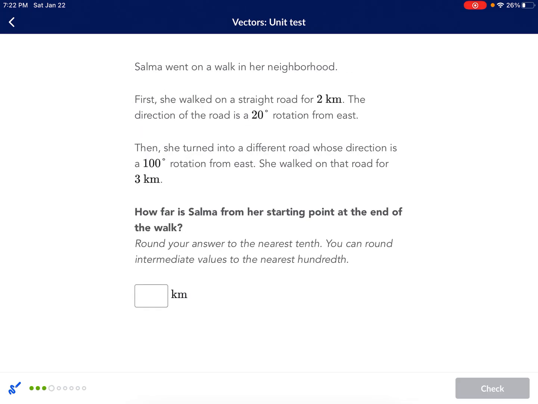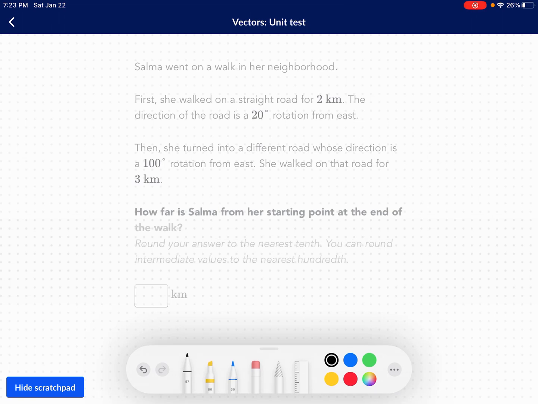How far is Salma from her starting point at the end of the walk? So it's asking for the magnitude here. So I'll find the x and y components of both of them. 2 cosine 20 degrees plus 3 cosine 100 degrees for the x component, and 2 sine 20 degrees plus 3 sine 100 degrees for the y component. Enter this in the calculator. 2 cosine 20 degrees plus 3 cosine 100 degrees. I get approximately